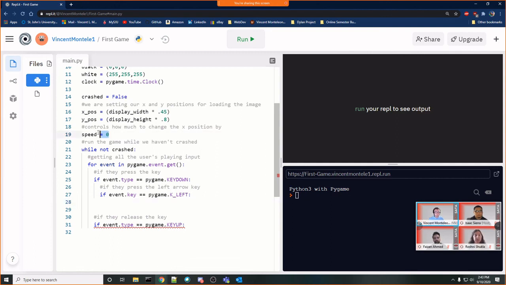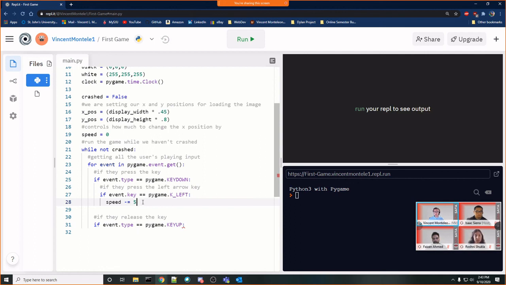So I have a speed over here that controls how much to change the X position by. So if I press the key to the left, we're actually going to want to subtract 5 from the speed. We want to make the speed -5.